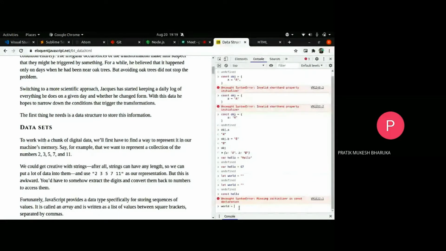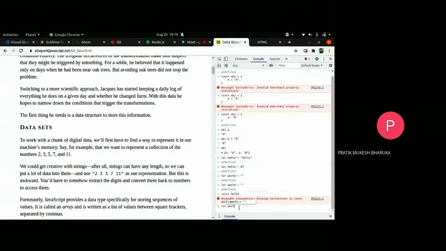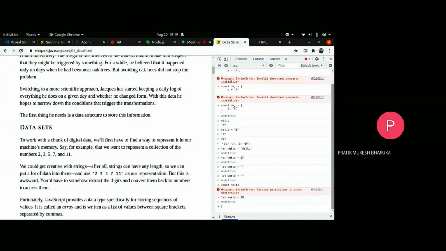Basically, let is usually local, but var is usually more globalish. If you define let within a conditional statement, it is limited to that block, but a var is always global. So that is the main difference.